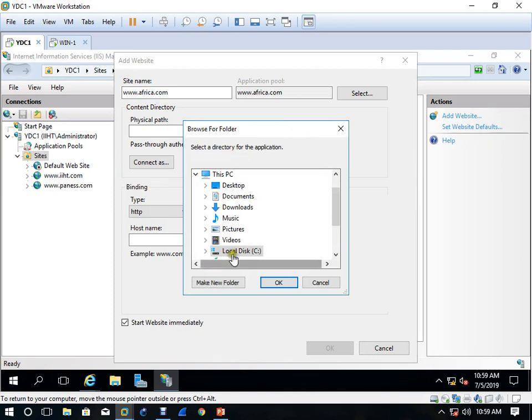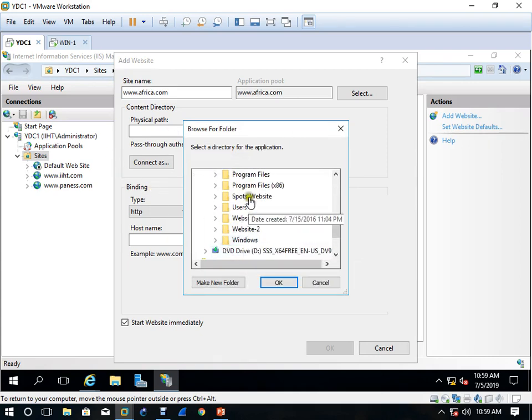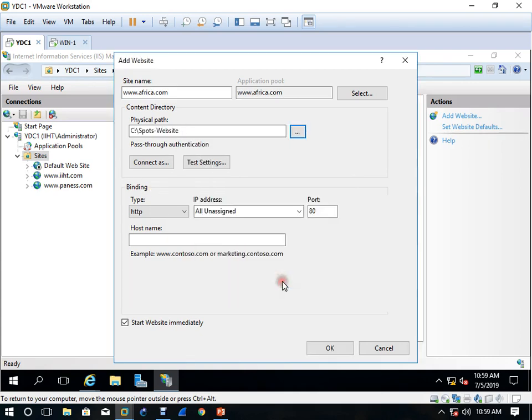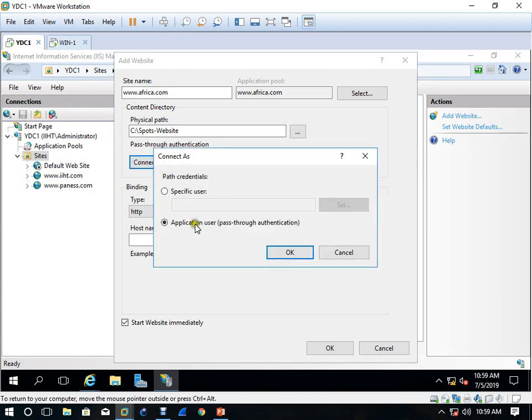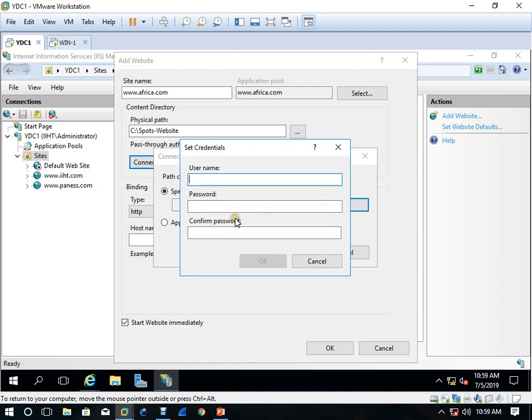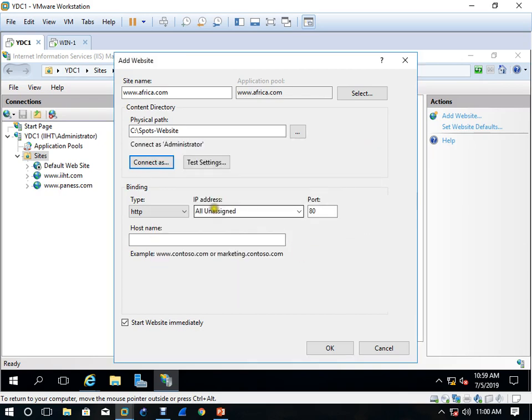Path, C drive, sports website which I added here. Which IP address? Okay, start from here. Connect as, specify a user. Click OK. Test. Always test.